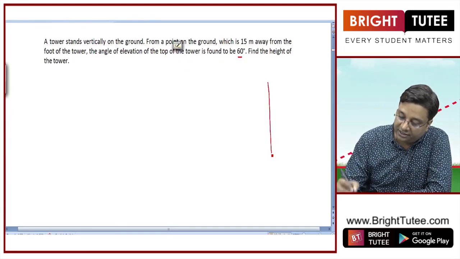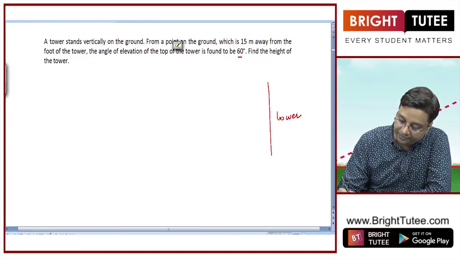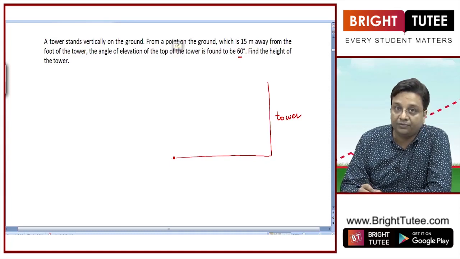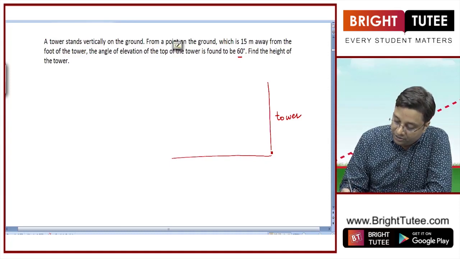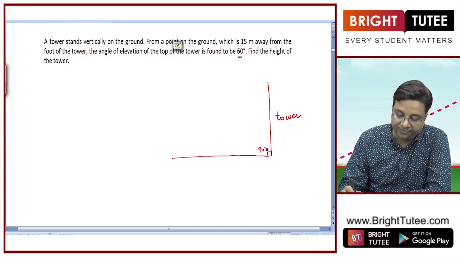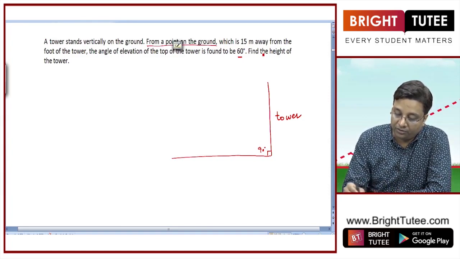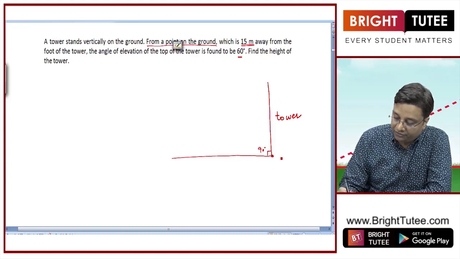Let us say this is the tower here, okay, and this is our ground, which is a horizontal line. So this angle is 90 degrees. So there is a point on the ground which is 15 meters away from the foot of the tower. So this is the foot of the tower,